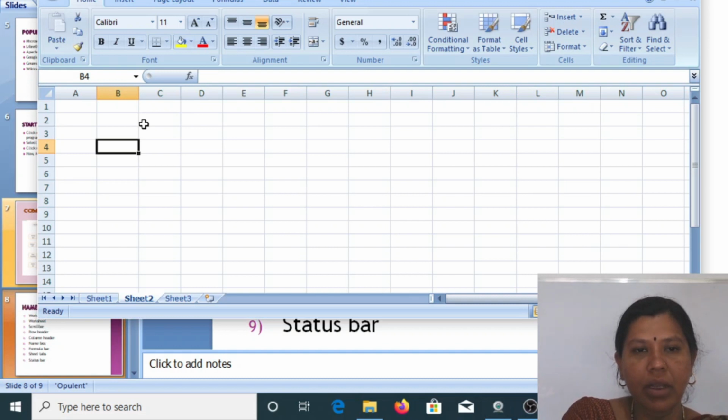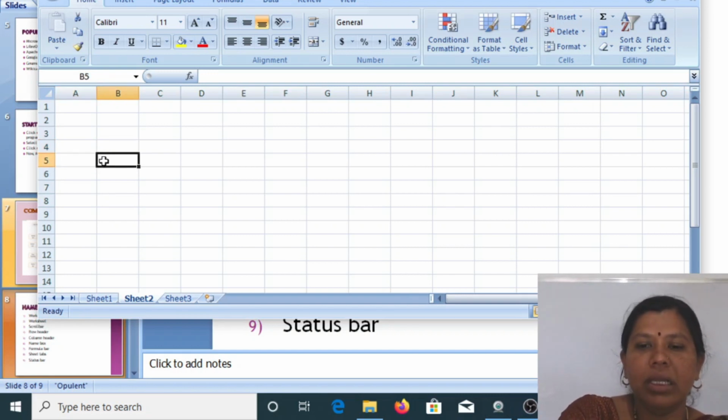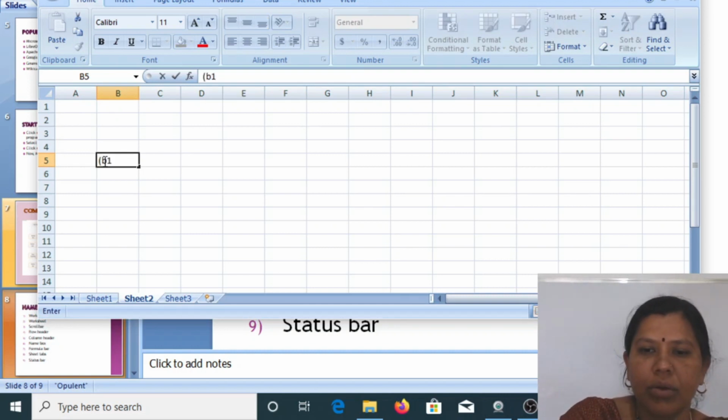For example, a column range that includes 1 to 5 in column B will be written as B1 to B5. Now I am entering the formula. See here, I want to enter the formula. What I will do: open bracket, B1 colon B5, okay, close.